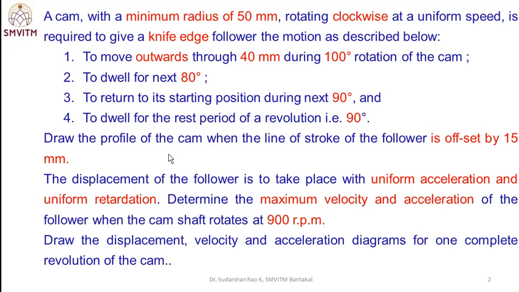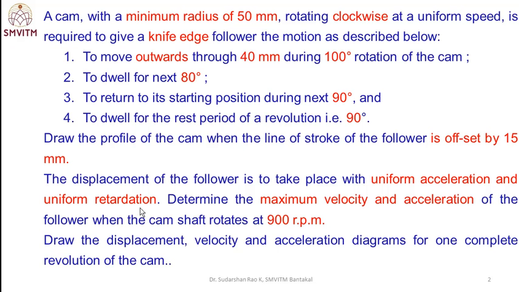Draw the profile of the cam when the line of stroke of the follower is offset by 15 mm. That is, it is an offset cam; the cam axis and follower axis are offset. The offset distance is 15 mm. The displacement of the follower is to take place with uniform acceleration and retardation. So both ascending and descending have uniform acceleration and